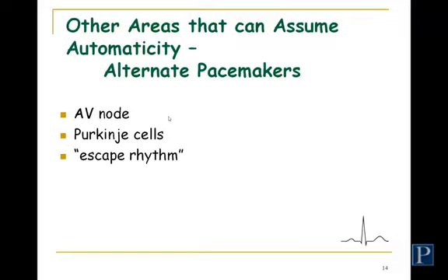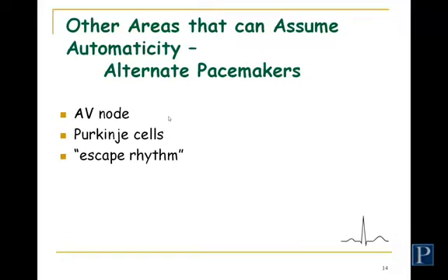So SA node fires, bam, but the impulse couldn't make its way to the AV node. There's some sort of problem with conduction. The AV node will spontaneously fire anywhere from 40 to 60 beats per minute, and then that impulse would go down to the ventricles through the normal pathway, the bundle branches, the terminal Purkinje fibers, and the ventricles would then therefore be able to